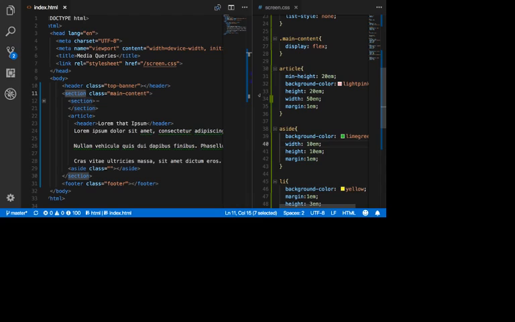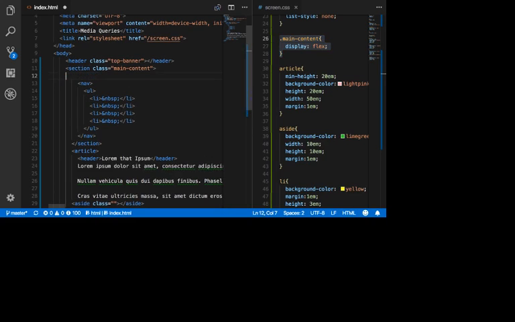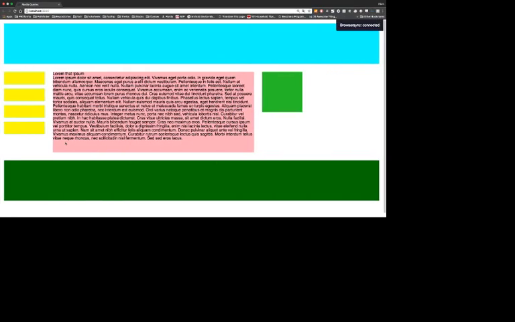Aha. So we see here, I'm only display flexing on my main container, so I'm only affecting what's immediately inside of it. So it's the side, the article, and the section that has my nav in it, which actually I'm going to get rid of. There we go. So now my problem,